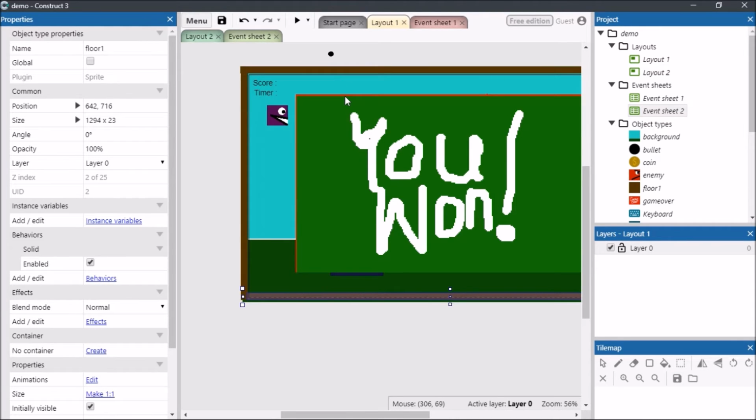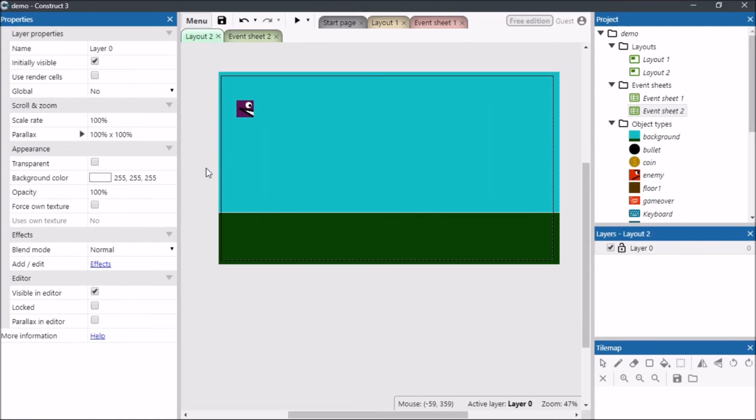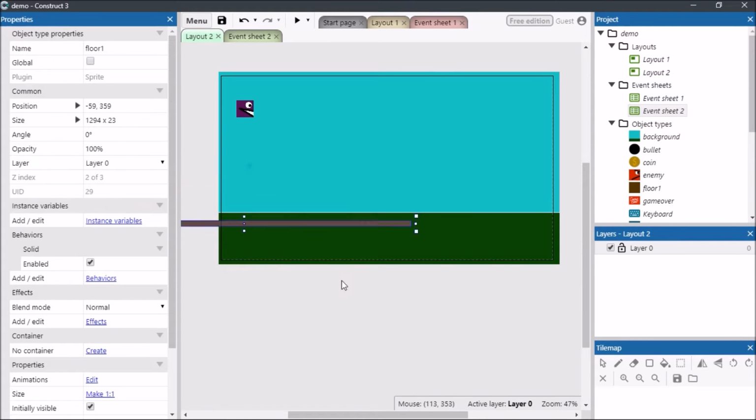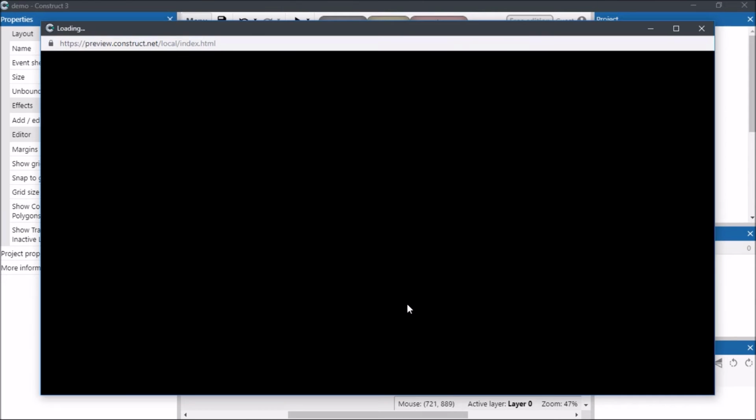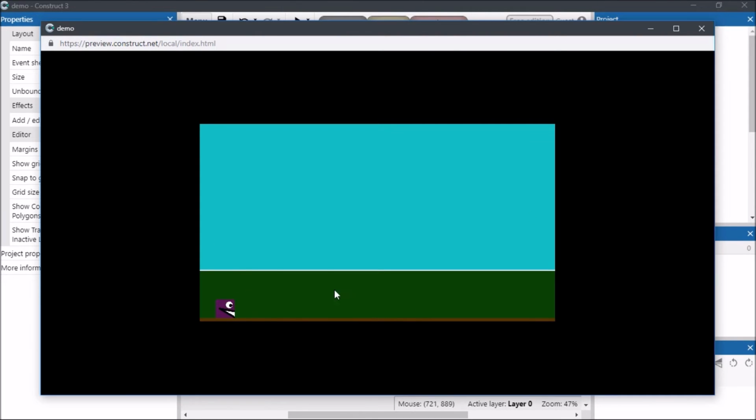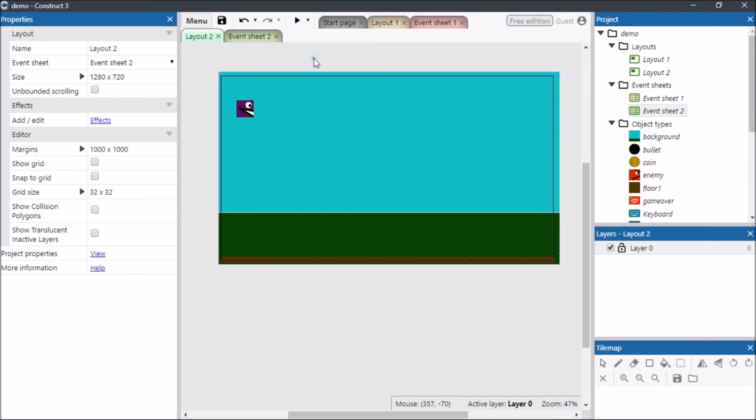I'm not going to spend my time putting in all the sprites from layout 1, because I don't want to drag this tutorial longer than it should be. Basically, if you want to play it, you can still see that the player will still have the same behavior as what you have in layout 1. Now, in case you want him to go to layout 2 once he finishes that,